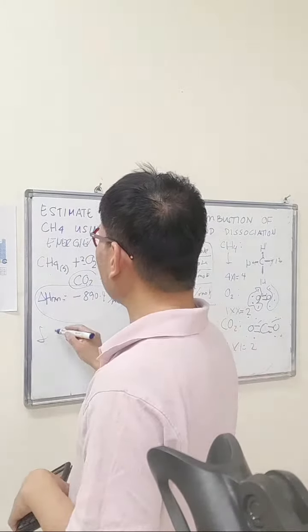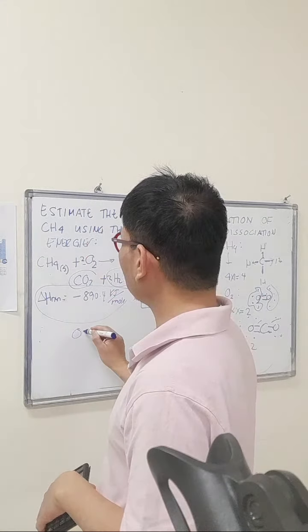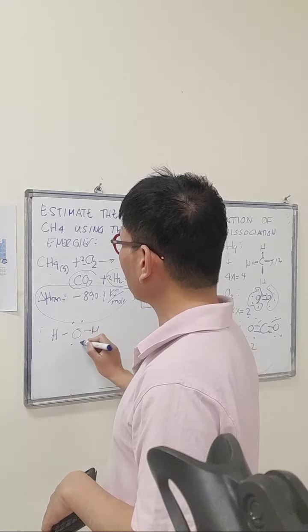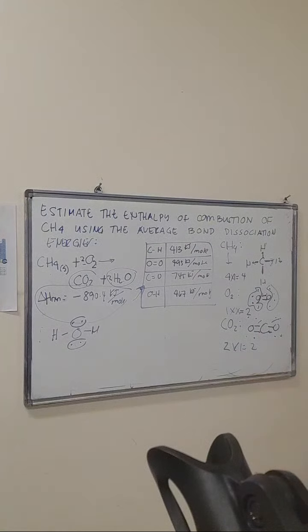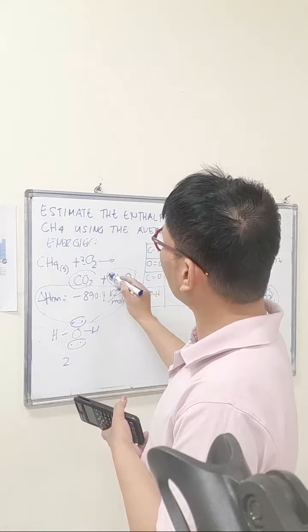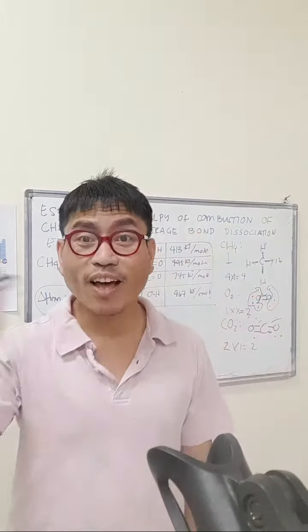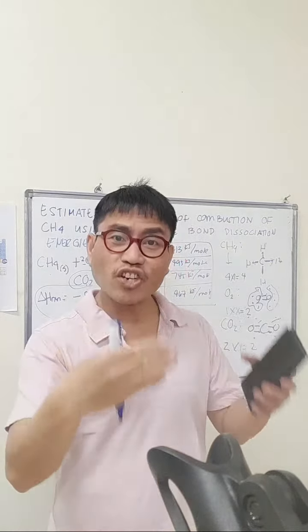So we have H2O. Our parent is going to be oxygen, with two hydrogens here. So there are 4 unpaired electrons on oxygen. How many single bonds here for the hydrogens in the water? There are 2. How many moles of water? 2. So 2 times 2 is equal to 4. So the technique is to count how many bonds, whether single bond, double bond, or triple bond, times the coefficient in the